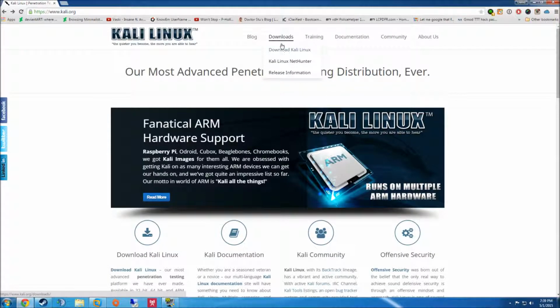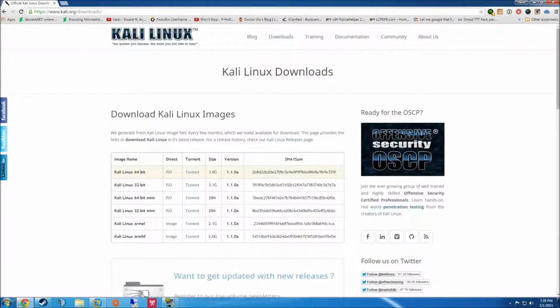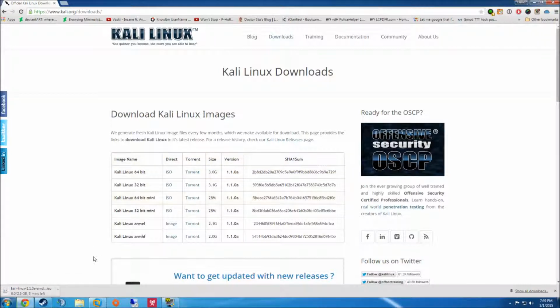But if we just want to click on Downloads tab and click Download Kali Linux, and this is where you can choose whether you have a 64-bit or 32-bit computer. I would recommend 64-bit if your computer can handle it. Makes it a lot easier and much faster. So I'm going to click the ISO,